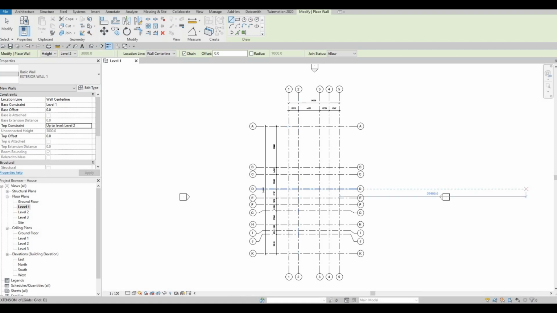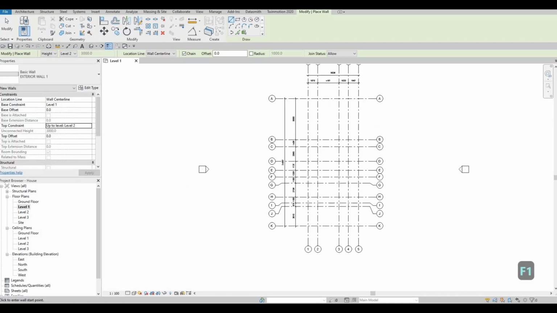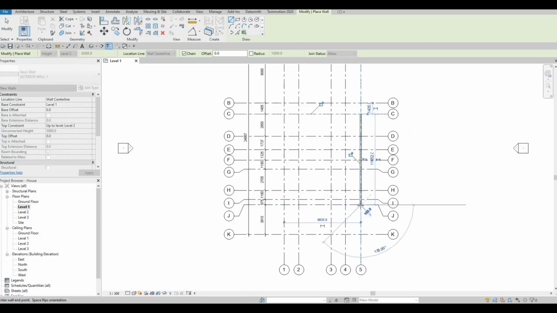So I'm gonna start off at 5C, going down up to 5J, going across up to 3J, going up until H5 or H3, and then here we're going to go up to H1,